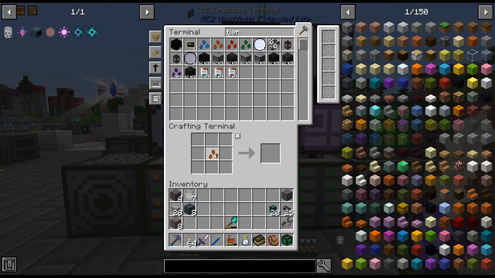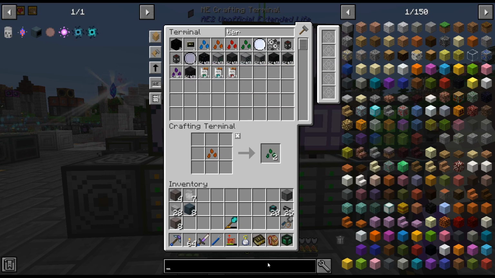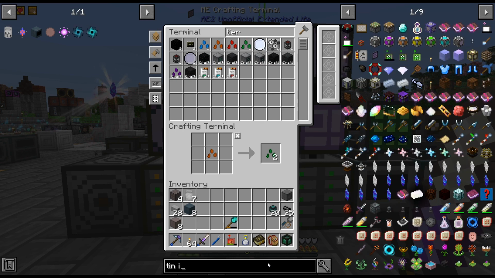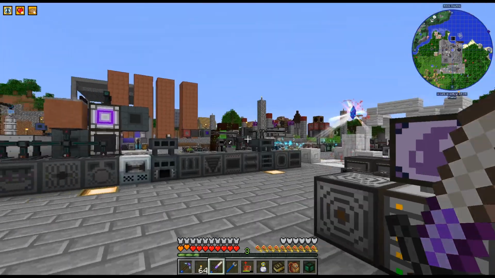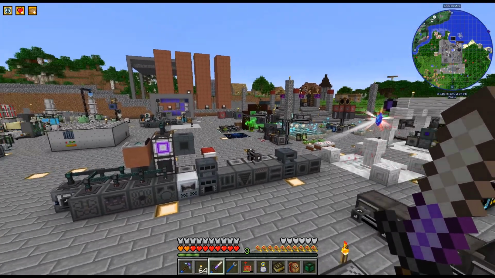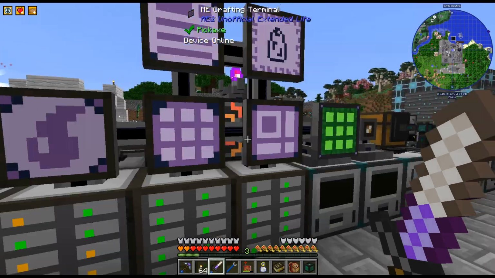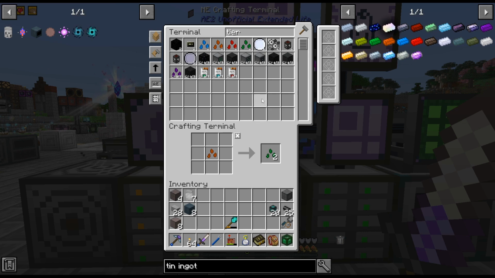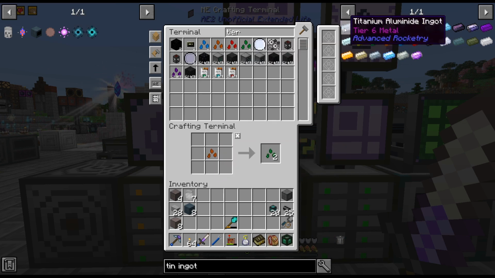As we can see, I have just crafted up yet another tier 6 crafting seed. I was trying to avoid having to craft those up again because they're not bad, but the one thing I still have issues with is switching out the non-empowered things with the empowered things. I've never really gone out of my way to fix it, so I was kind of avoiding this, but I think we're gonna need